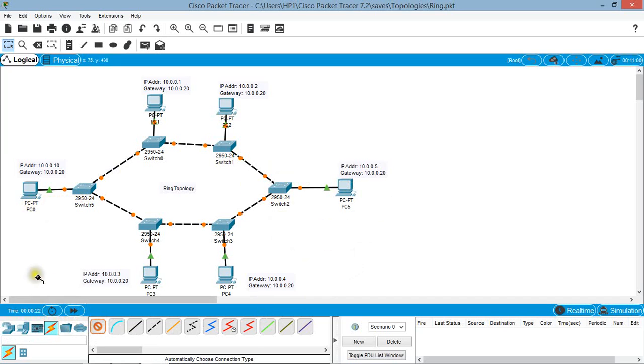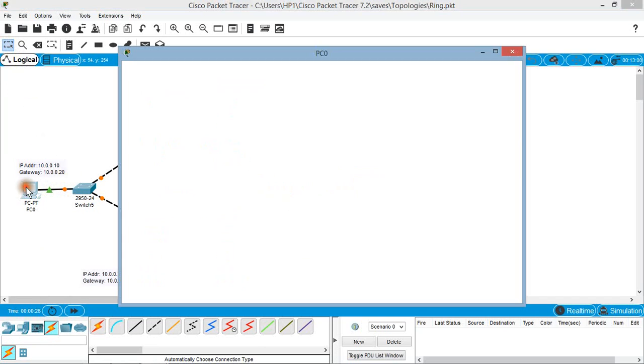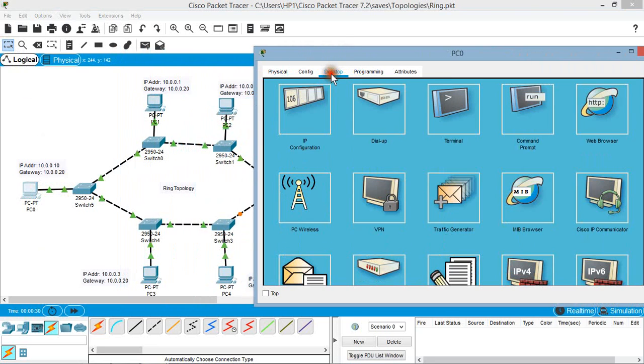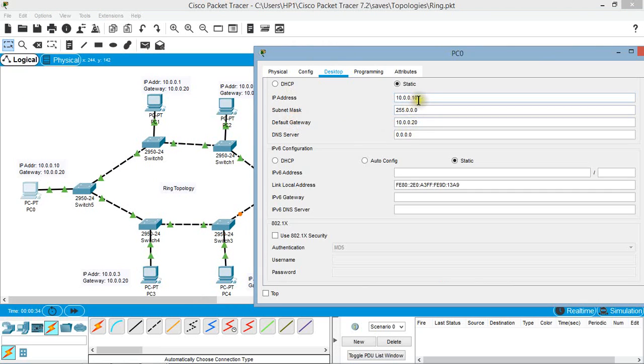Then I have configured the IP address on each of the computers as shown over here. Let's check the IP address on this PC0. The IP address configured on PC0 is 10.0.0.10, which is a class A IP address. For a class A IP address, the default subnet mask should be 255.0.0.0 and the default gateway should be 10. It should not be, you can take another default gateway also, you can take 10.0.0.100 also, doesn't matter, but the